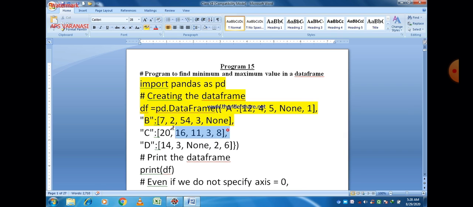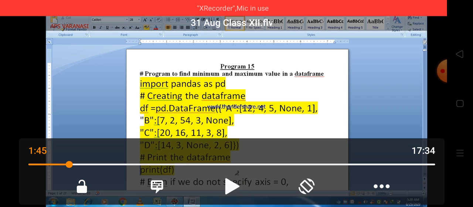You can easily see that this is the data frame, and finally we just print the data frame here.